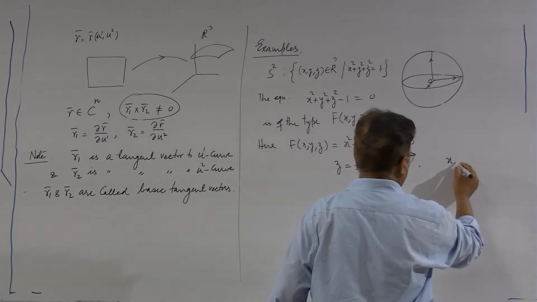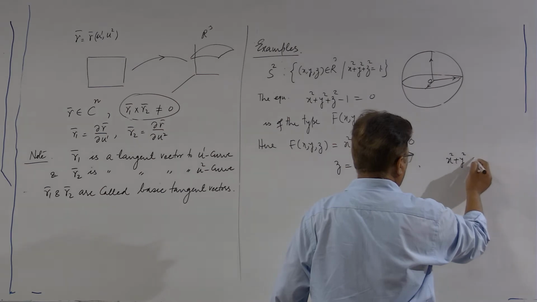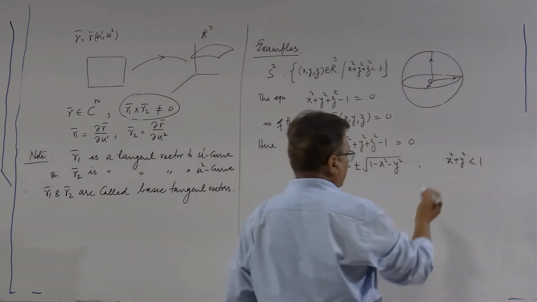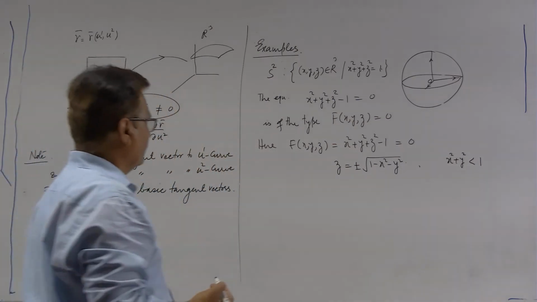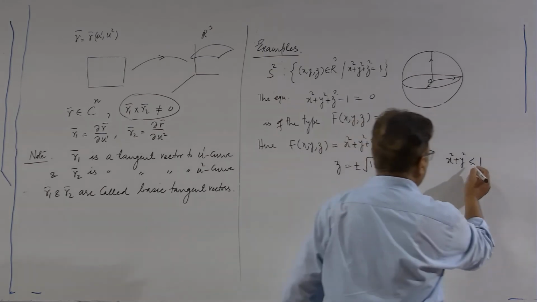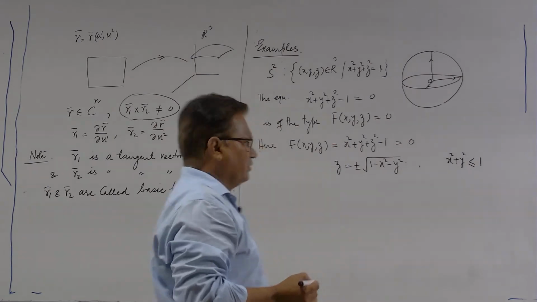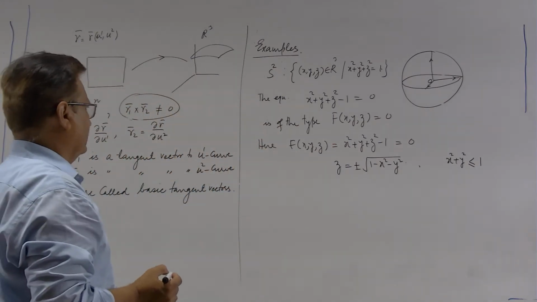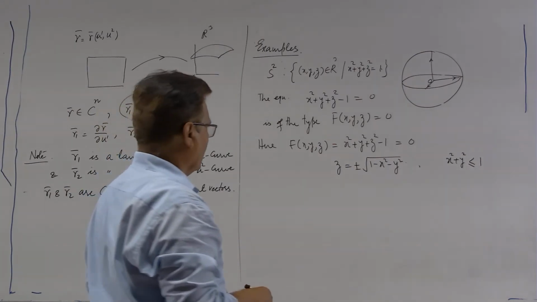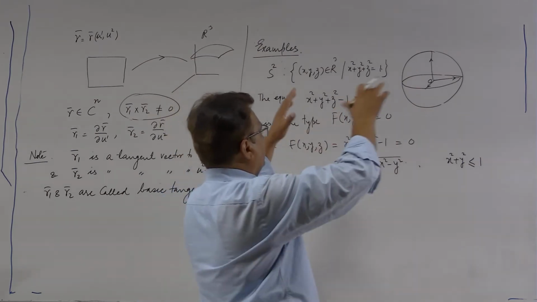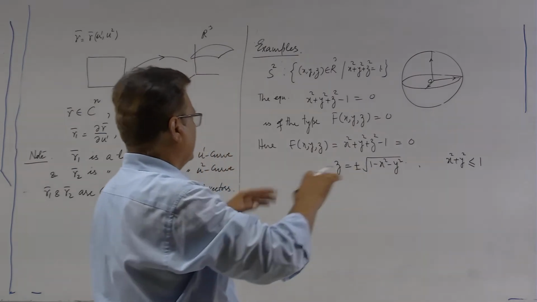So, if I put the condition x square plus y square is less than or equal to 1, z will become 0 when x square plus y square equal to 1. That means (x, y) lies in a disk of radius 1. So, a disk is being mapped to the upper hemisphere and lower hemisphere, and together it becomes a complete